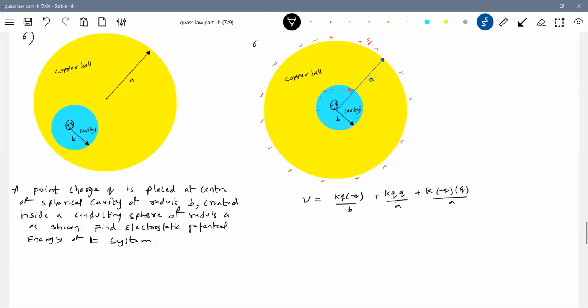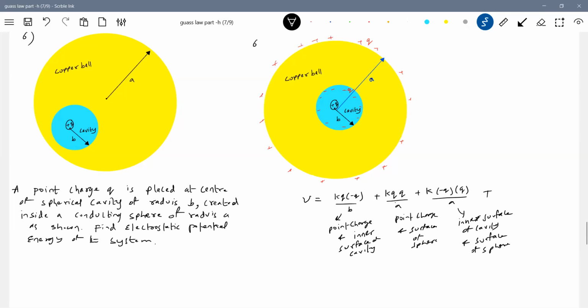There should be A. This is between point charge and inner surface of cavity, point charge and outer surface, and this is inner surface of cavity and surface of sphere,